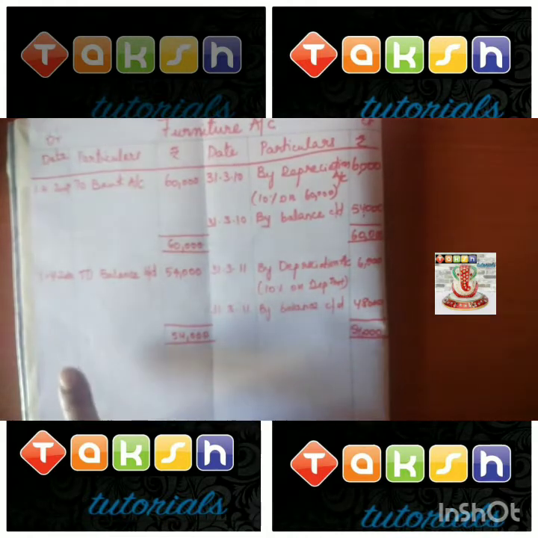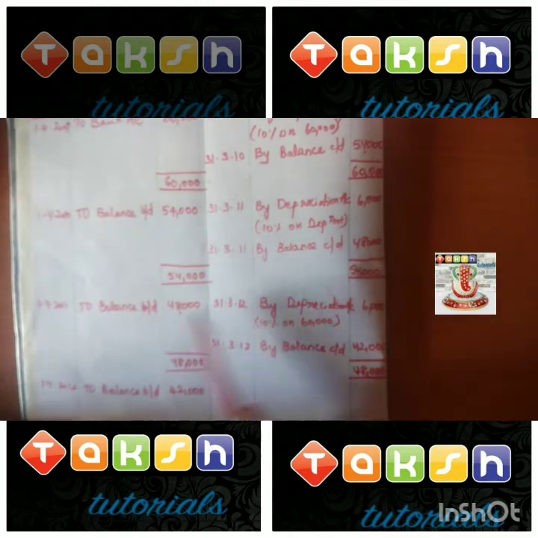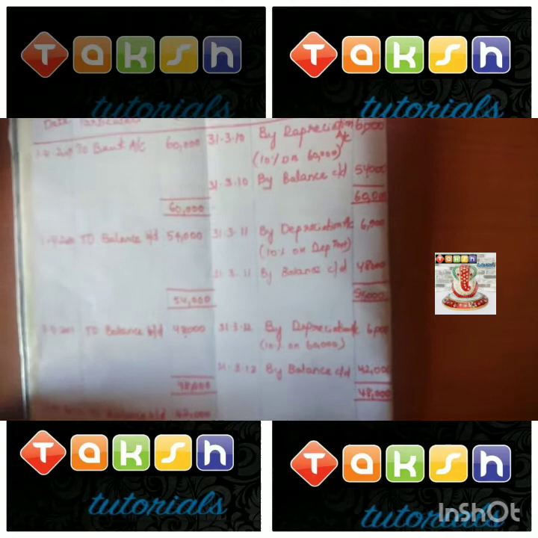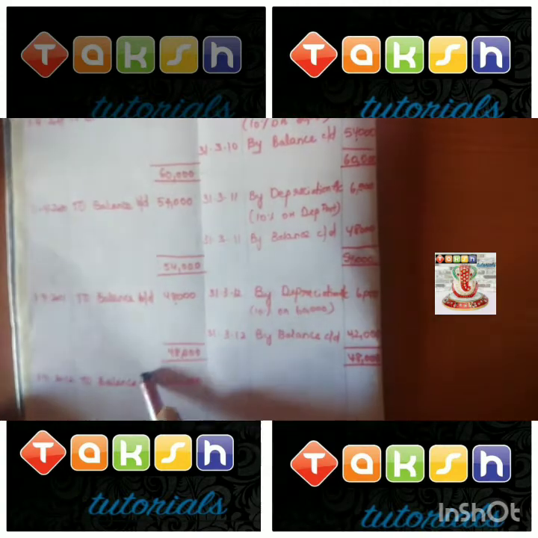Now we have to take down this balance to the next year, and that will be to balance brought down 48,000. So see, we have prepared for the third year also. We have brought down the balance on 1/4/2011, to balance brought down 48,000. The depreciation amount remains the same. End of the year, 48,000 minus 6,000 will give you 42,000. Then this amount you have to carry down for the next year. And in the question, it was asked only to prepare for the 3 years. So we have prepared only for 3 years, and we have taken down the balance.